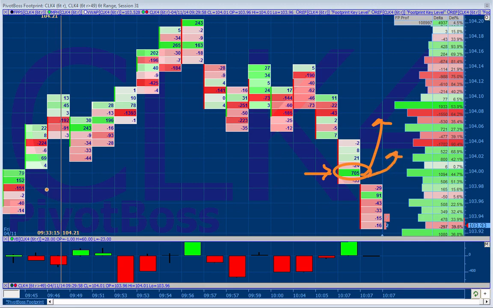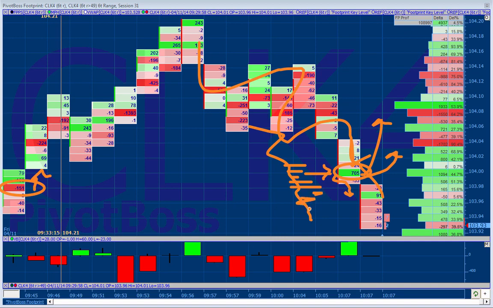That's why it's much better if it's an aggressive stuck seller at a low, because when price pushes up, they don't need any help. They are the help that's pushing price higher. So if price gets a huge buy here and the market just goes right through it, this thing is going much, much lower because these are passive sellers. This is a sell program that is just rolling limits down as price moves lower. It's filling in the limits behind price. So every time it comes back, boom, it's getting filled, it drops lower. And all the limits are getting placed in behind it, and boom, it gets hit and drops lower.